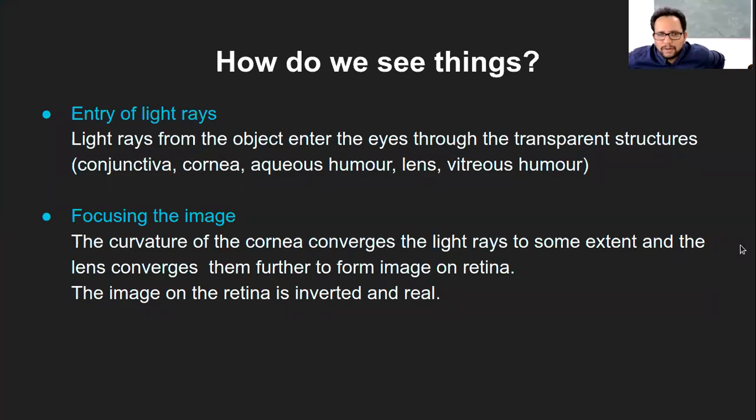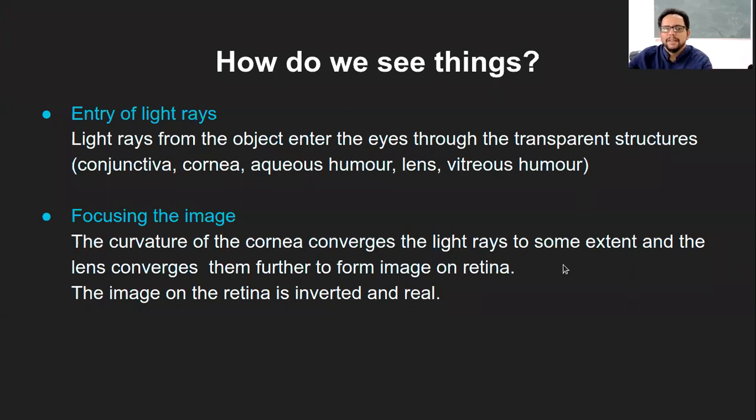Okay, so this will most likely be the last class of this topic, the eye. But yes, there are quite a few small topics in it. The first one that we are going to look at, after looking at the structures, is how do we see things. It happens in 4 stages, and most of you know it. But we'll just quickly go over it as a process.